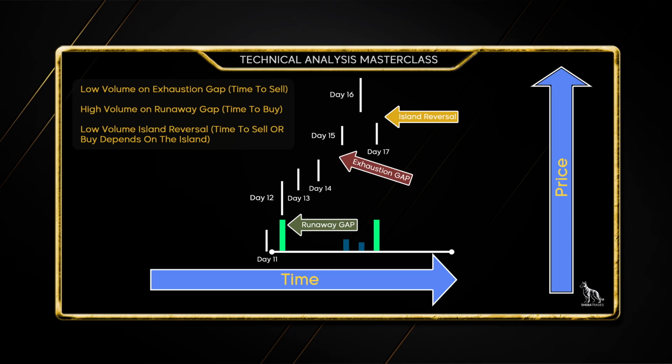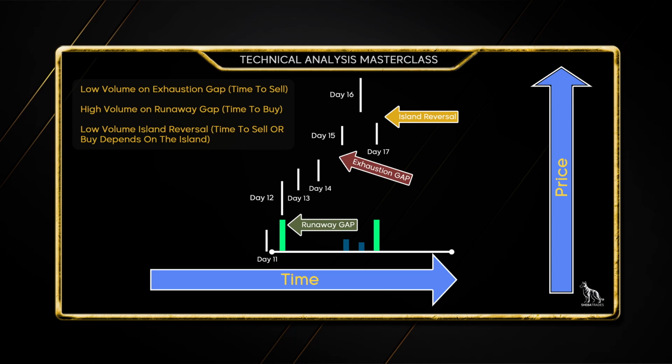As you can see in this example, on days 15 and 16, you have that gap up, and then from 16 to 17, that gap right back down, completely reversing the momentum. So you look at day 14 to day 15, we had that gap, and we identified it to be an exhaustion gap because the volume was very low. And then we had another gap from day 15 to day 16, and that volume becomes even more lethargic. It doesn't necessarily need to have less volume, but there's low volume on a relative basis versus the average. And that's telling you that there's far less buyers at that point in time than there is on an average basis. So there's really not anything there to hold that price up.